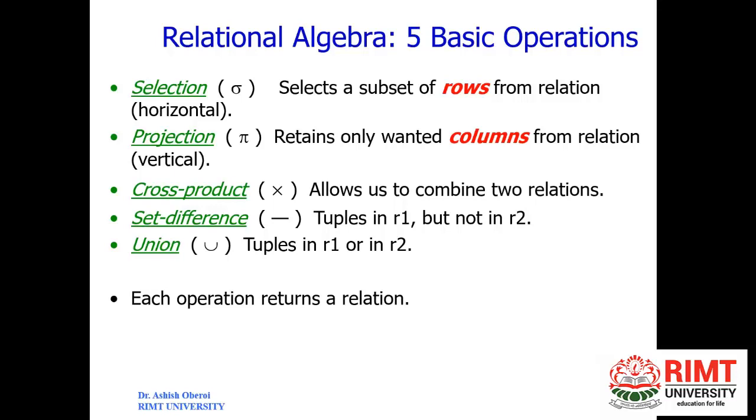So in union, tuples in R1 or in R2 means tuples or records must exist in R1 or in R2. So it includes all the tuples that exist in R1 as well as that exist in R2. Clear? And there is one more operator, then we will discuss in later slides, that is intersection. It is a union like this, and the reverse of this is intersection. Clear? You will draw like this, reverse of U. Clear?